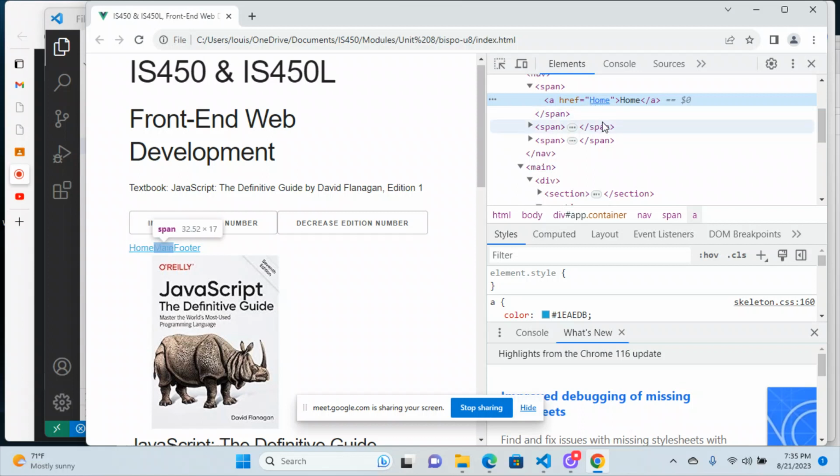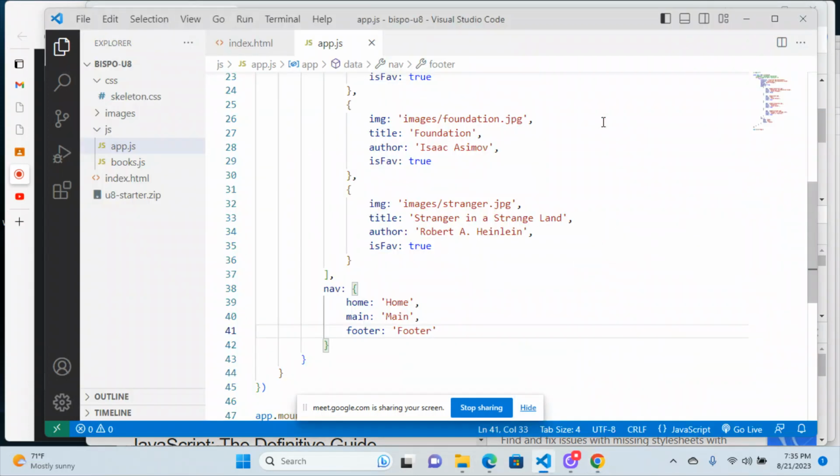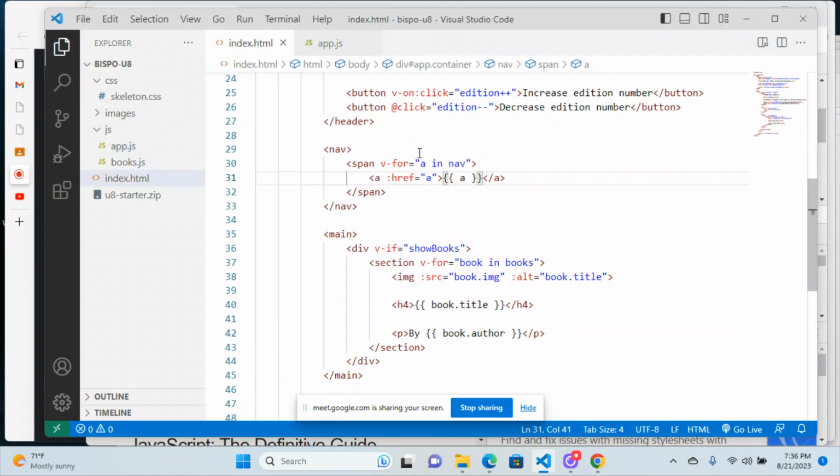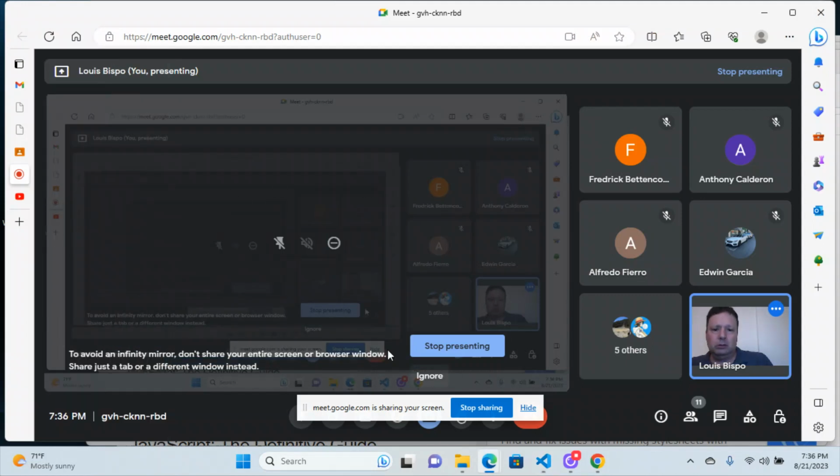So let's get the lowercase h first. So we could do some JavaScript and just tell it to go lowercase, or we could remember, well, wait a minute. Once upon a time, Bispo taught us that you don't have to worry about case sensitivity in HTML. Yeah, that's true. But let's say we had something different in here or whatever, and it wasn't just a simple matter of converting this over. Well, the way that you get the index and the value, which, by the way, I thought